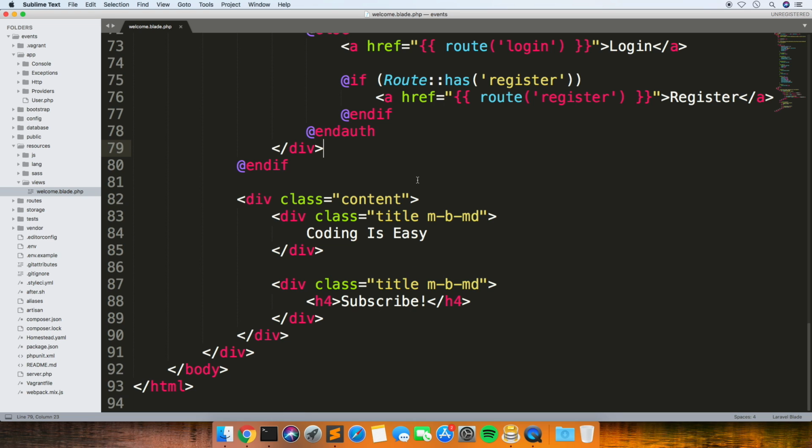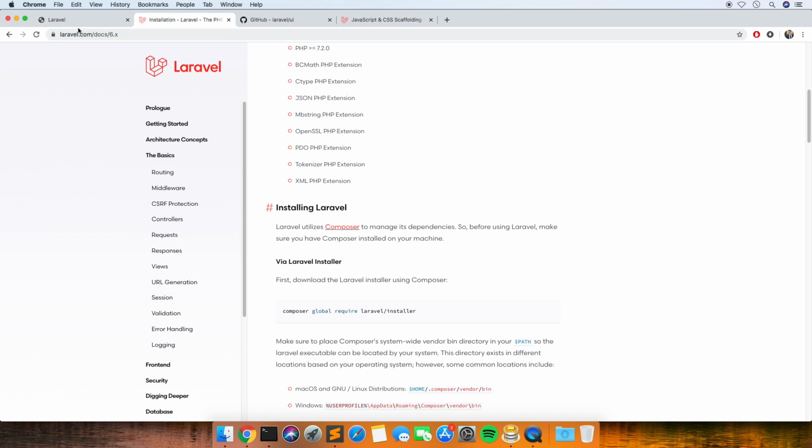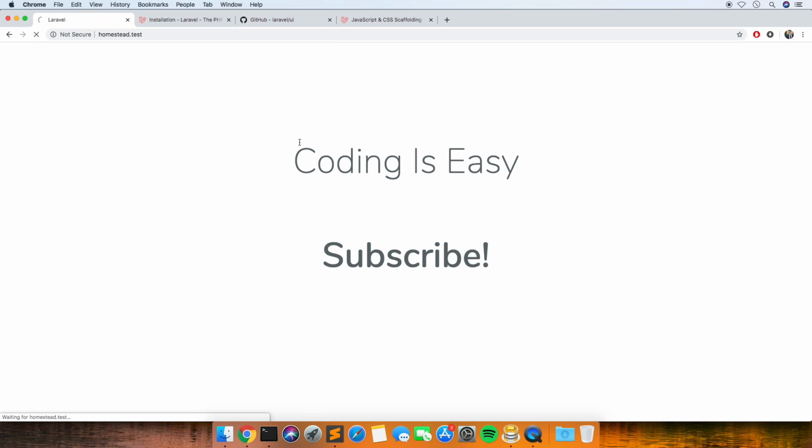So I've got my site running. So this is just the blank page that you get. I've just changed the text. And the first thing that I want to do, which used to be a lot easier in the old versions of Laravel, is just create the default authentication boilerplate so that you get your register and login automatically created for you.